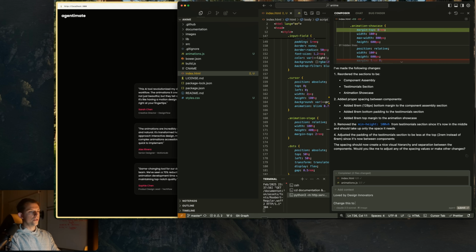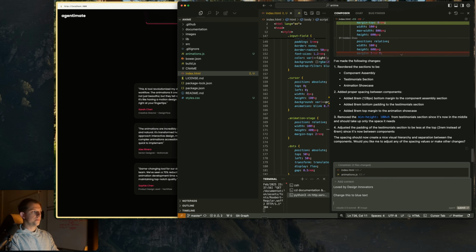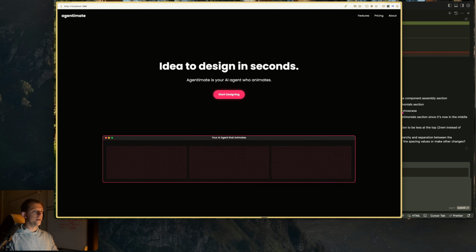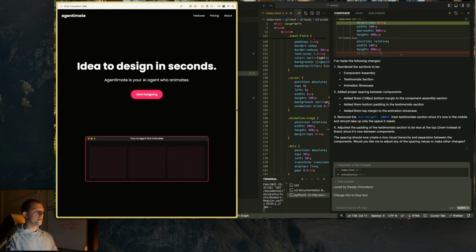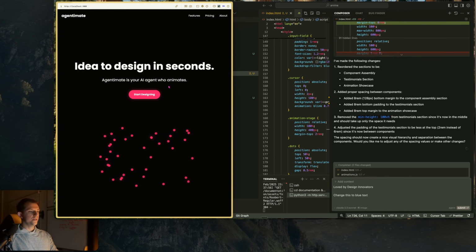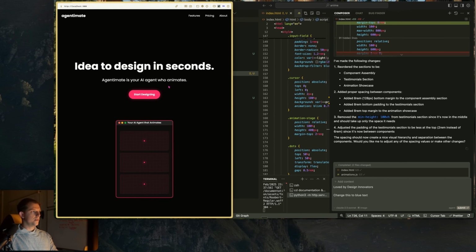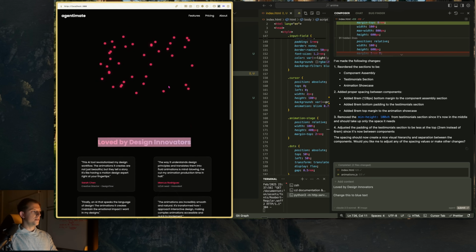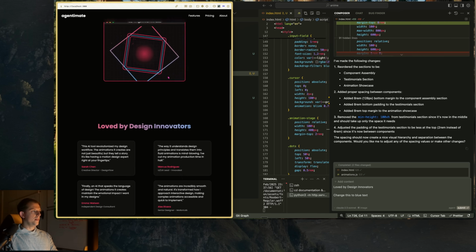Change this to blue text. What else here? Let's see how it looks. Like this. I mean, this is pretty solid. I like it. And it's narrow as it gets skinnier. I think